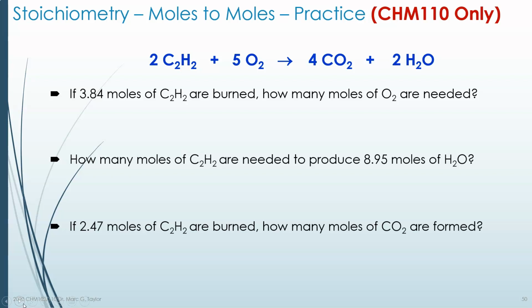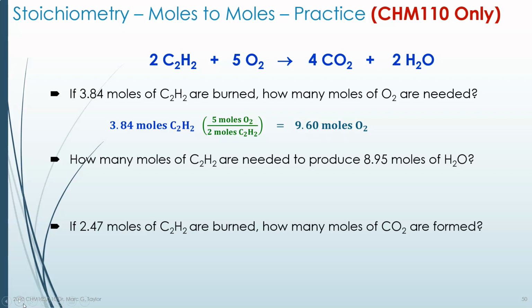So the question says, if 3.84 moles of acetylene are burned, how many moles of oxygen are also needed? Well, we know for every 2 moles of acetylene, we need 5 moles of oxygen. So there's our ratio. There's our conversion factor. We start with what we know we have. We build our conversion factor. We make sure our moles of acetylene are on the bottom because we're destroying that unit, and we're creating moles of oxygen. So it's going to be moles of oxygen over moles of acetylene. Then we put our numbers in, 5 and 2. We multiply it out, and we see that we need a lot more moles of oxygen